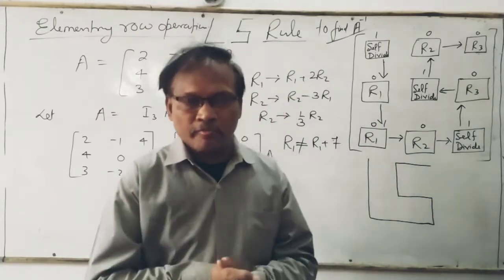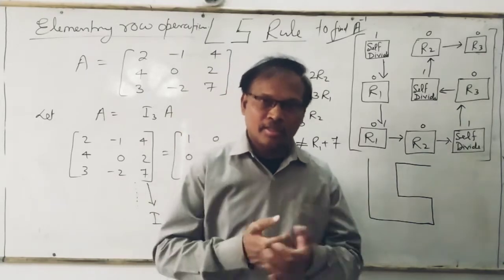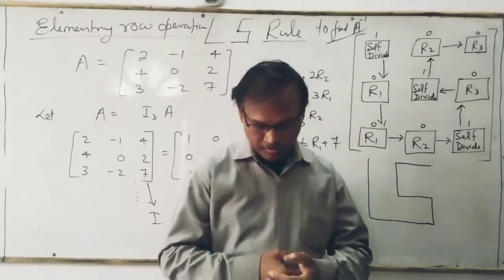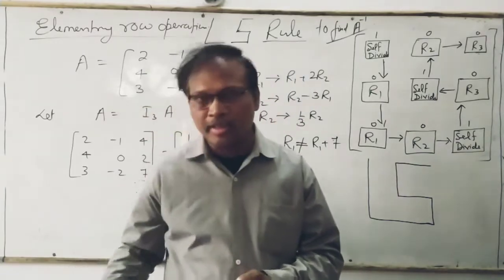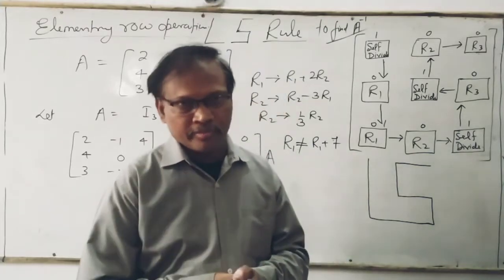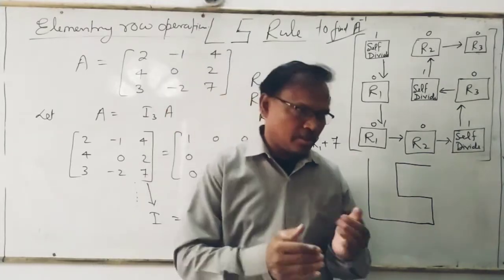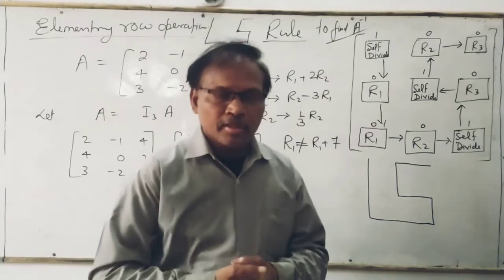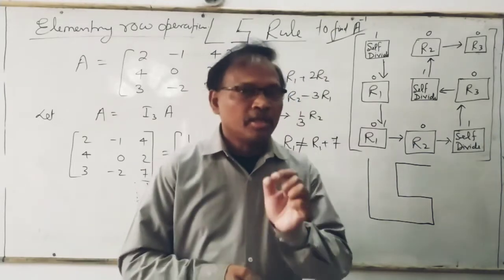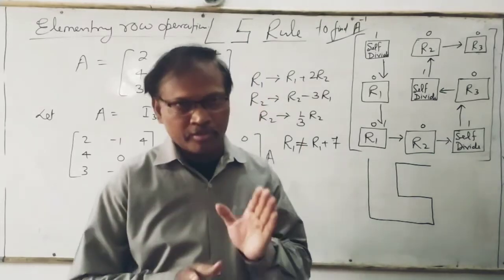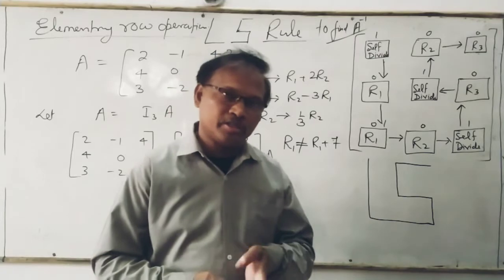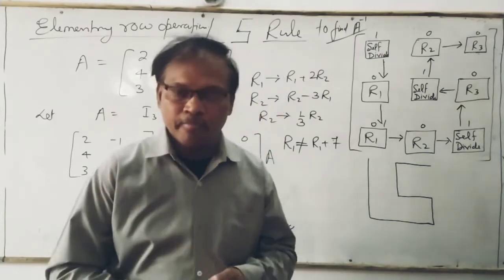This rule is developed by me, you can say it is the L5 rule, and by this way you can easily get the inverse of the matrix A. If you study further, you will get one more method to find A inverse. But if the method is mentioned, suppose you have to find A inverse by using the elementary row operation, then you have to use the same.